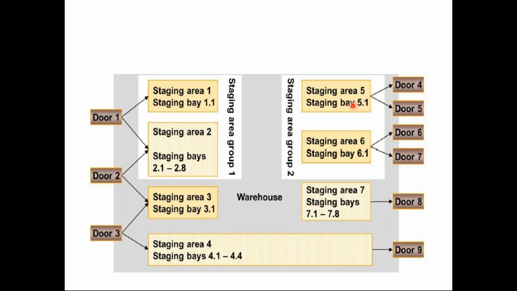And if you have some big materials to handle, for example heavy equipment or machines, for that you need a big crane to lift those materials and load them into the trucks. That means a specific staging area is needed for that kind of forklift and crane movement,